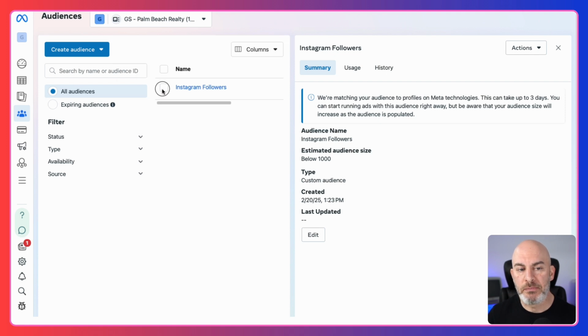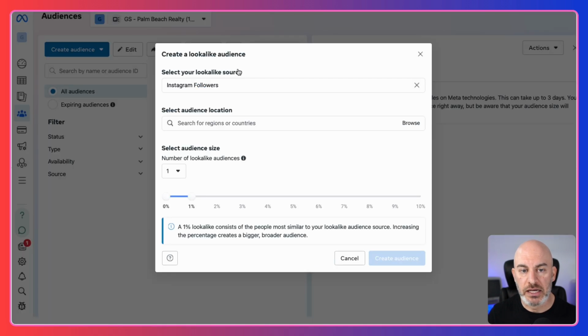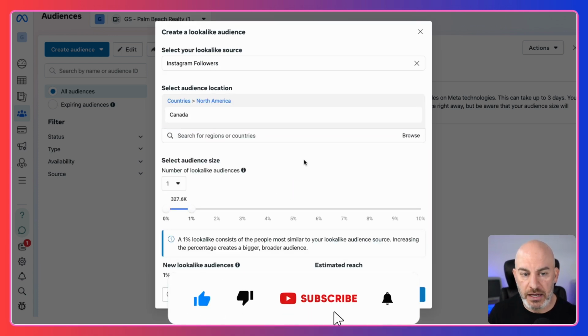But there is one step above that. I want to create what's called a lookalike audience. So I can come in here, click on these dots, and click create lookalike audience. What we're doing is creating a follower base based on people who are already following us. And now we have to select our audience location. Again, because we are niching down, we know that we want people in Canada